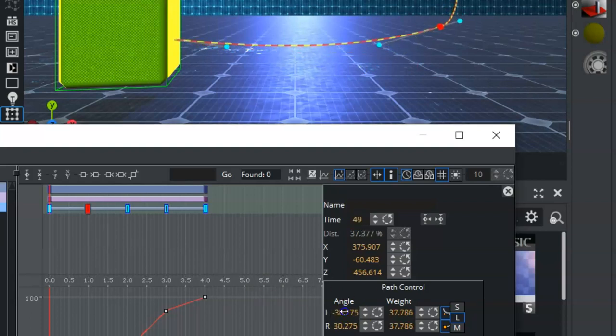Now either way you do it, dragging it by the numbers here or by the handles, you'll see the change within the variable here. And there's also a weight, so as we adjust the weight, you can see how that affects the handle of the animation as well. More so, we have our single, so we can adjust this on just one side, and